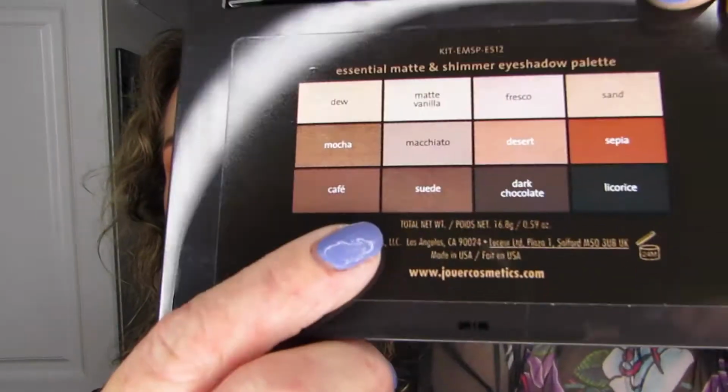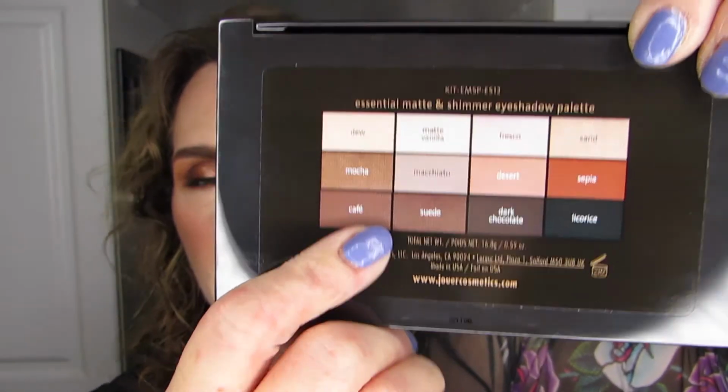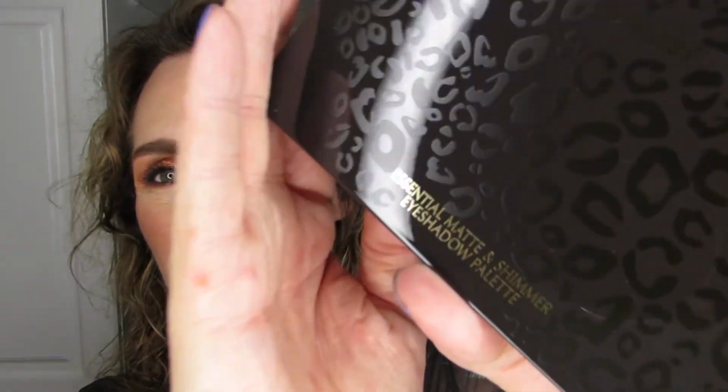And it looks like this as far as the box goes, and then let's open it up. And it's nice. They show the shadows on the back. And I think it's about the same size as, yes, love it. They are the same size. That's what I was hoping for. And oh, there's a nice animal print on the outside. That warms my heart. I love animal print. And I'm expecting them to be pretty much the same. Yeah, same clasp